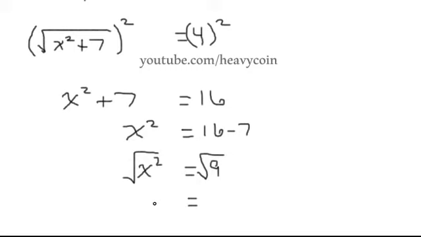So the square root of a square causes the square to go away, just the opposite. And the square root of 9. Now we need to write plus or minus here. That was something I should have done. Plus or minus, when we square root, we gotta write plus or minus. So this becomes plus or minus 3, right? Square root of 9 is 3, so we have plus or minus 3. Now I think what we need to do now is